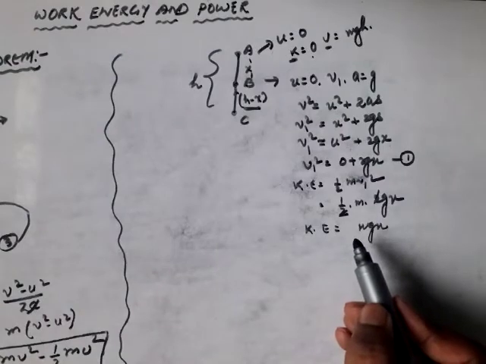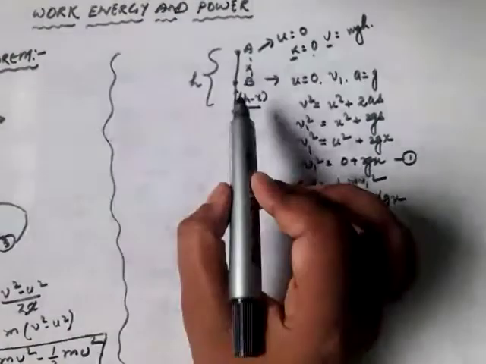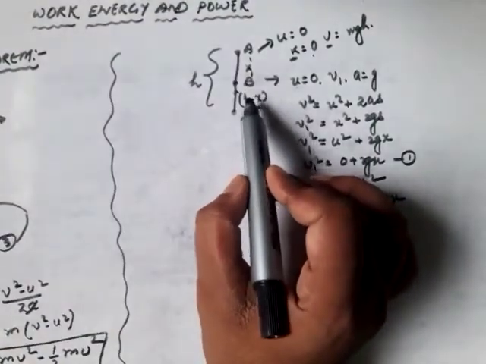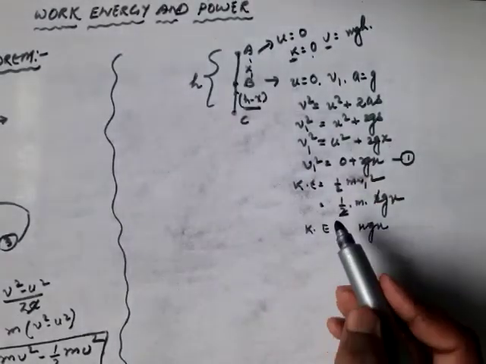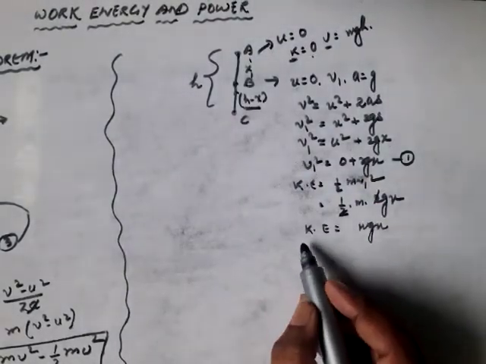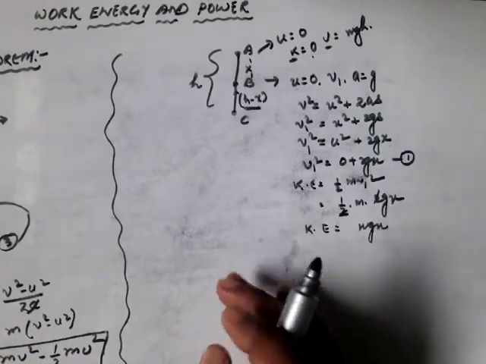So now at point B, the height of the body above the ground is h minus x. So we can write here that potential energy, that is U, is equal to